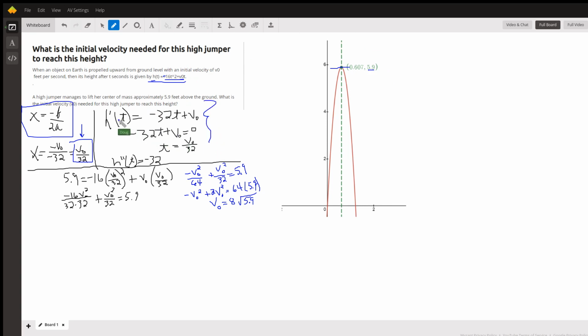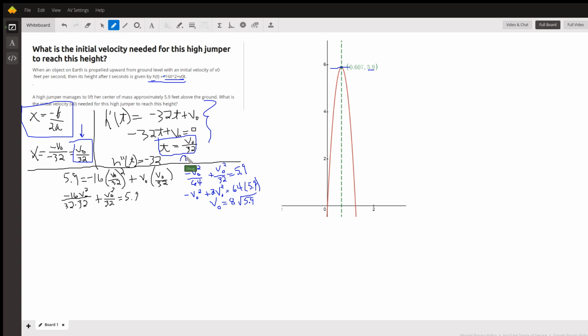Okay, now here's how you do it with calculus. You take the first derivative, set the first derivative equal to 0 to find the critical numbers, and guess what? You find the same value, v sub 0 over 32. If you find h double prime of t, negative 32, that tells you that the second derivative is always negative, so the original function is always concave downward,